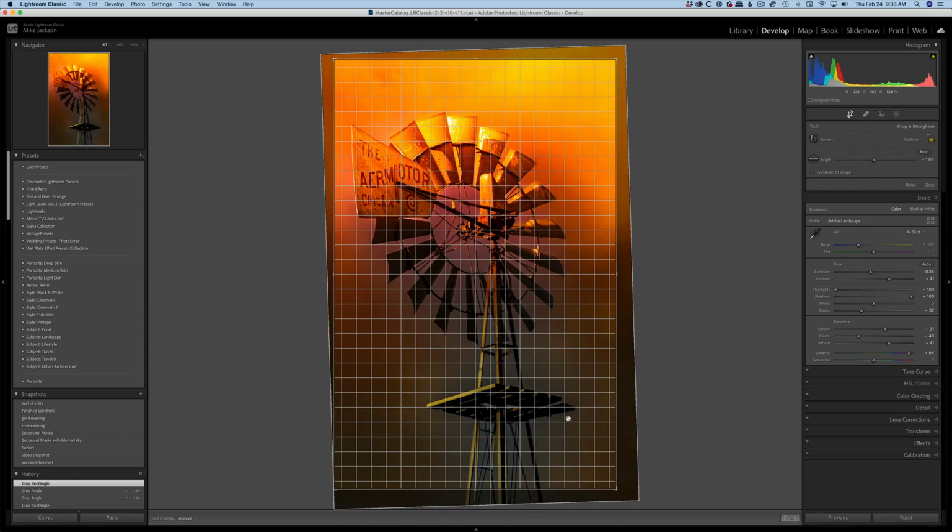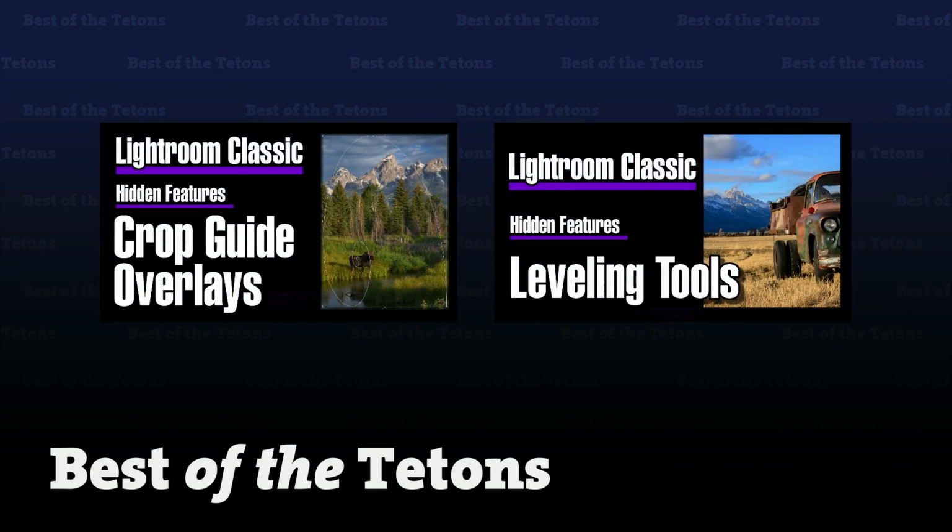So this is where I would go if I wanted to straighten up an image, or even see if I got the image crooked, and go directly to the crop tool and save that other tool until they've added some features to it. I have a couple of videos on specifically the crop tool and some of the overlay features that you can do to help your compositions, and so check those out on my YouTube channel. Those will help you learn how to use these